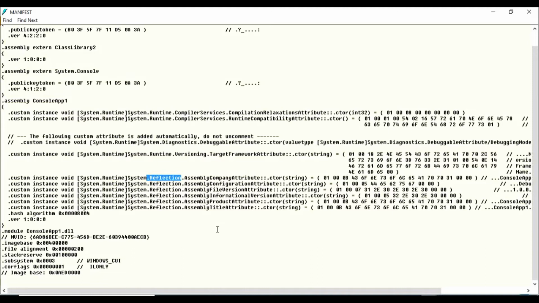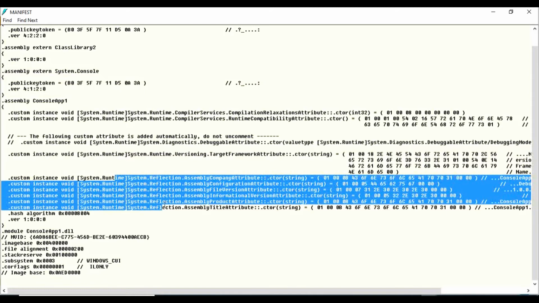For that you have to use that AssemblyKeyFile attribute. I have shown you how you can add that attribute in an AssemblyInfo class file. In that class file I used the System.Reflection namespace, and after using that namespace I was able to add that AssemblyKeyFile attribute there. So that information is also here.